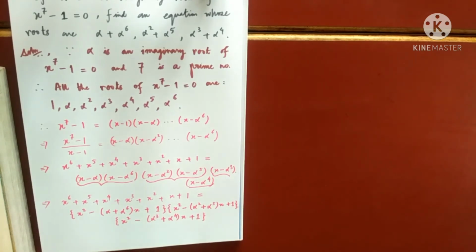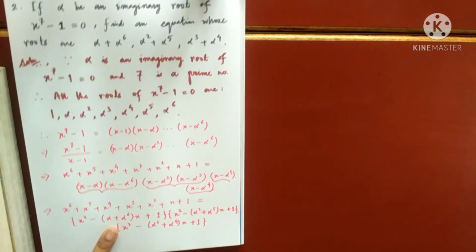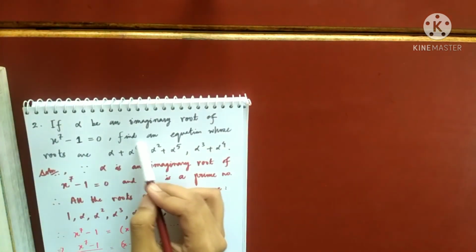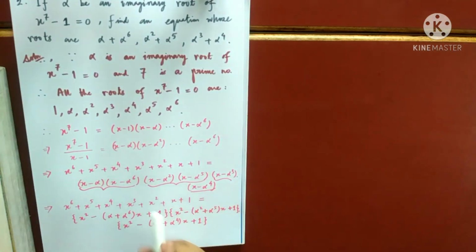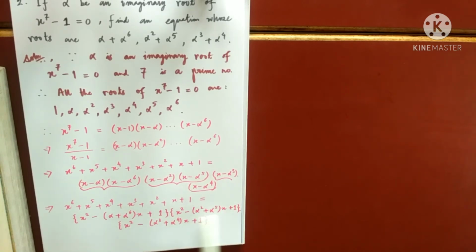So the next step, what I'll do is, you see I'm almost approaching, right? You see I have got something like this, and like this. So what I'll do, I want to eliminate x from here, and from here, because I want each term to be free of x. So I will divide both sides by x cube. How will that help? If I divide both sides by x cube, it means dividing each of these by x, by x, by x, because these three are in multiplication. So dividing by x cube means dividing each one of them by x, and that will remove this term x from here.